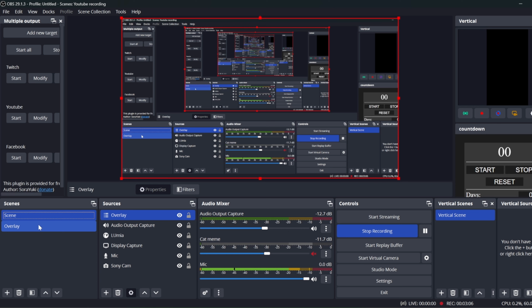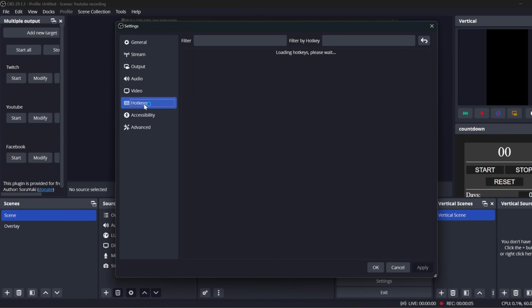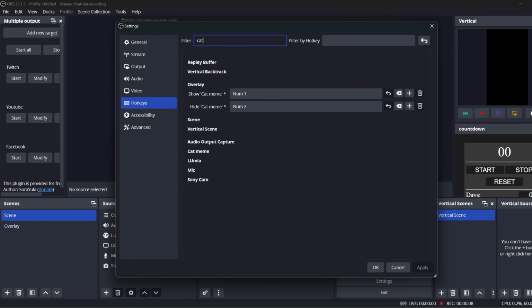If not, you're actually going to have to keybind to a keyboard, which is kind of a pain, but you can in fact do it. So let me show you what that looks like. First, you're going to go into your settings and then you're going to go into hotkey. You're going to type in your cat meme and you're going to go ahead and choose whichever keybind you want